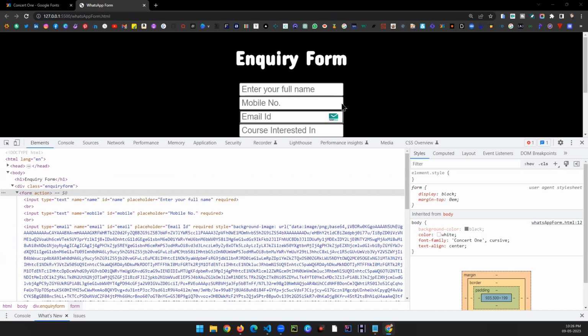it is not mandatory that you can use only div tag to align all the elements whatever you want on your web page. Even you can use table tag as well to align all the elements in your web page. Okay, so we do not have only div tag. We can use table tag as well. Okay, so you might be wondering how we can use table tag. Table tag is used to represent only table data or something like that,